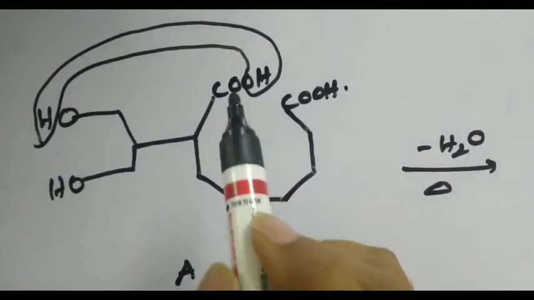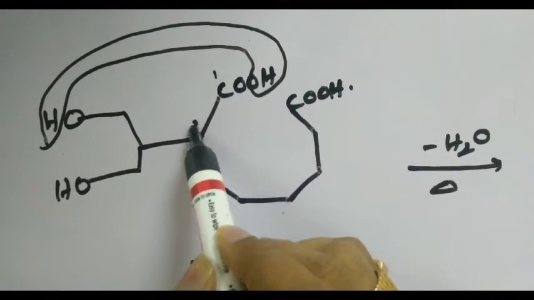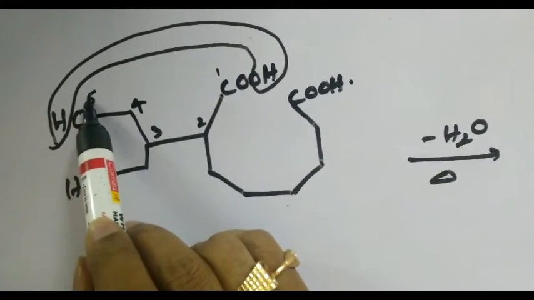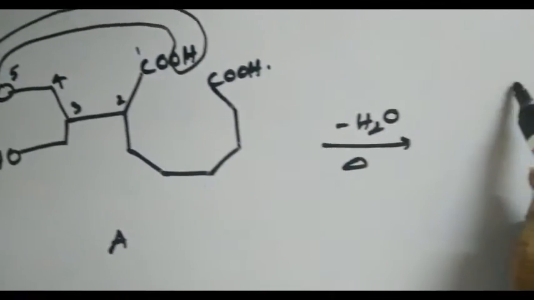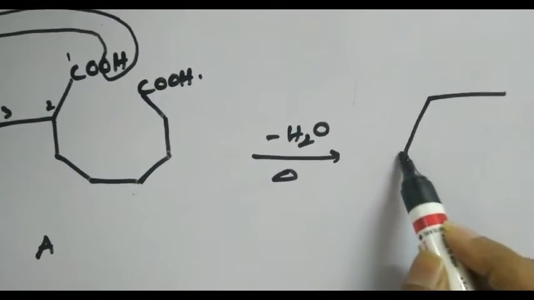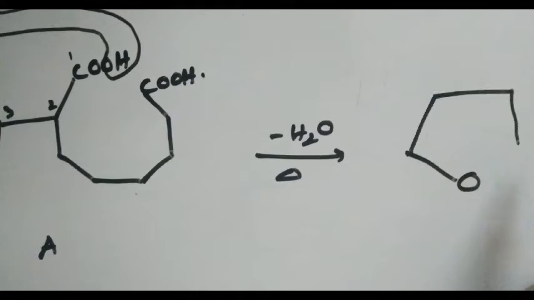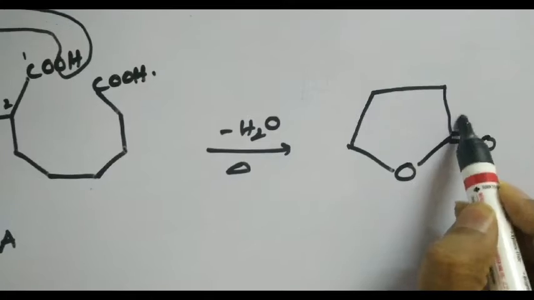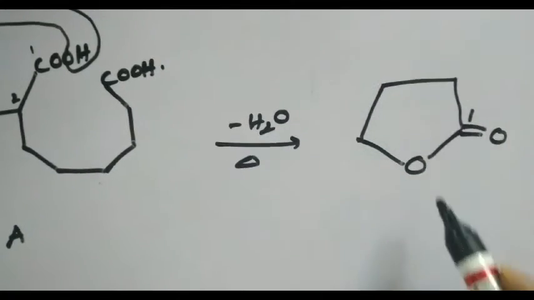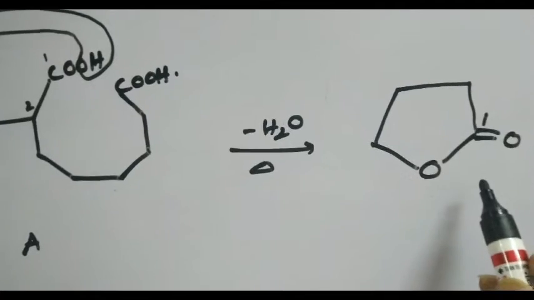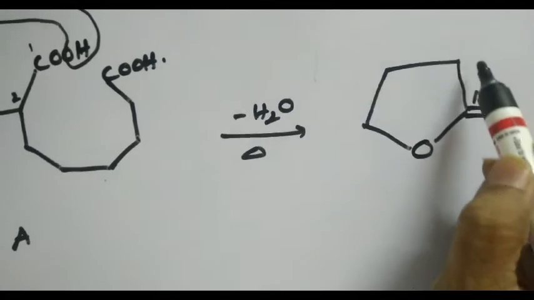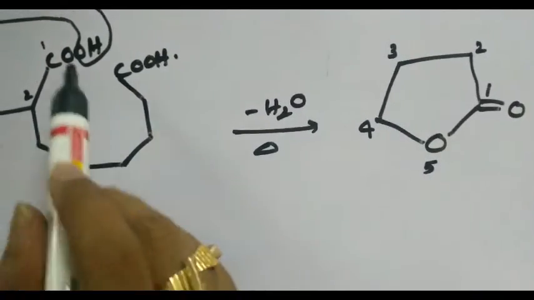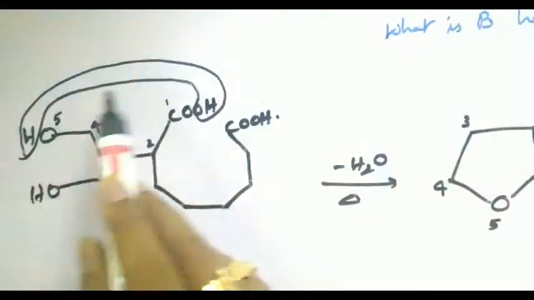As a result, you see how a lactone is formed: first carbon, second carbon, third carbon, fourth carbon, fifth oxygen. So we need to write a 5-membered ring containing oxygen at one of the sites. Now this is the C double bond O, that is the first carbon. So this is the lactone, which is a cyclic ester. This is the first carbon, second carbon, third carbon, fourth carbon, and the fifth one is the oxygen atom, as already indicated in the previous structure.